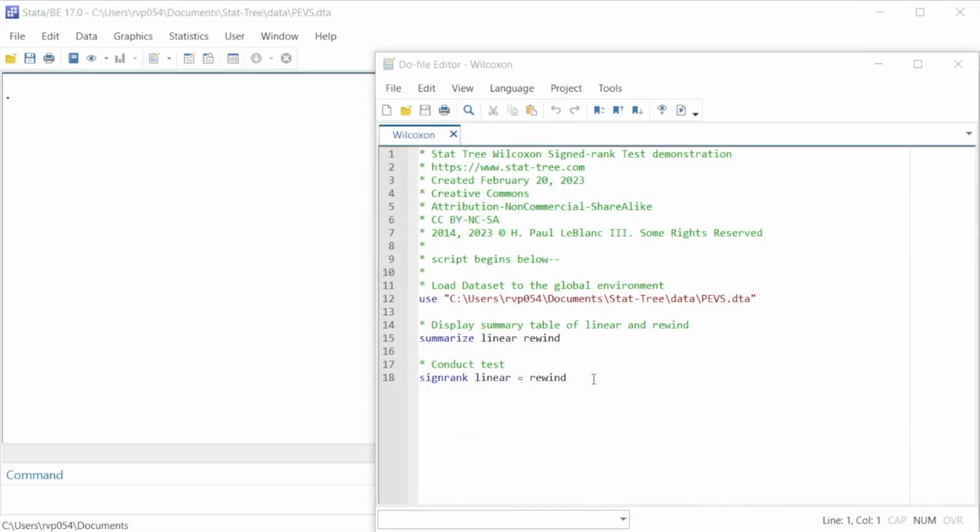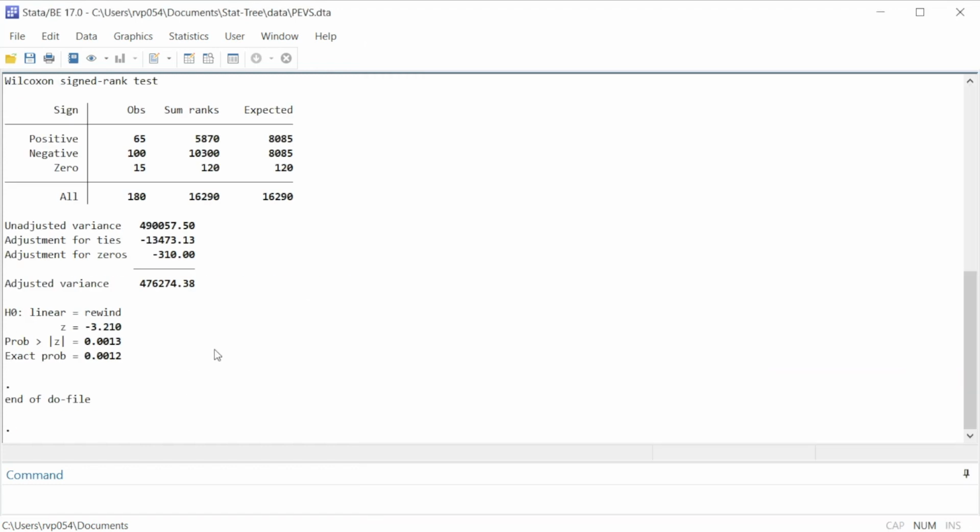To run the Wilcoxon matched pairs signed rank test, type in the following code in the command box. This code can be copied from the new browser window when you press the script button on the sending page from the StatTree module. Select the code. Press the Enter button on your keyboard. Stata will generate an output in the results window.